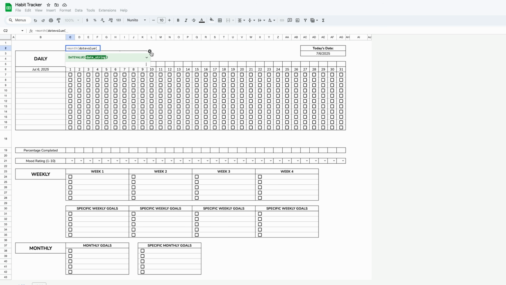I can't get to it right now. Well, I guess I could. C3. And then we'll do the and symbol. In quotes, we'll type 1 and then 3 parentheses. And then 2 parentheses. So now when I select a month, it will give me a numerical value that correlates